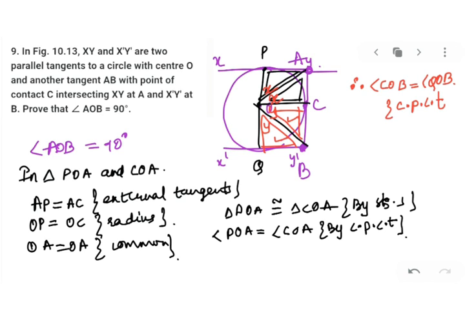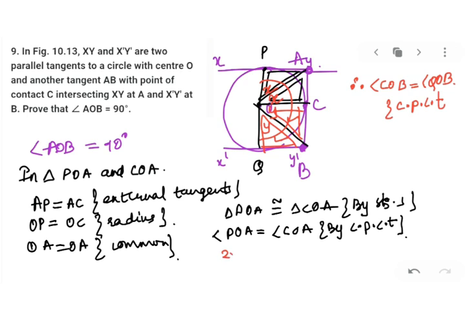First reason will be tangents from external point. Second reason will be common side. Third reason will be the radius, and hence you can make two triangles congruent. Once you got two triangles congruent, you can take two angles equal by CPCT. So my dear kids, you have noticed that I have taken 2x and 2y I got.